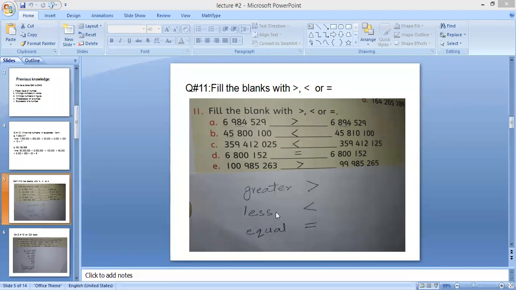When you have a number here and the closed end, you can check this one. Then this is known as less. For equal, you have 2 equal lines. This is the symbol for greater, this is the symbol for less, and this is the symbol for equal. Okay, now you can check you have blanks. In A, you are given 2 numbers and there is a comparison of 2 numbers, greater, less, or equal.